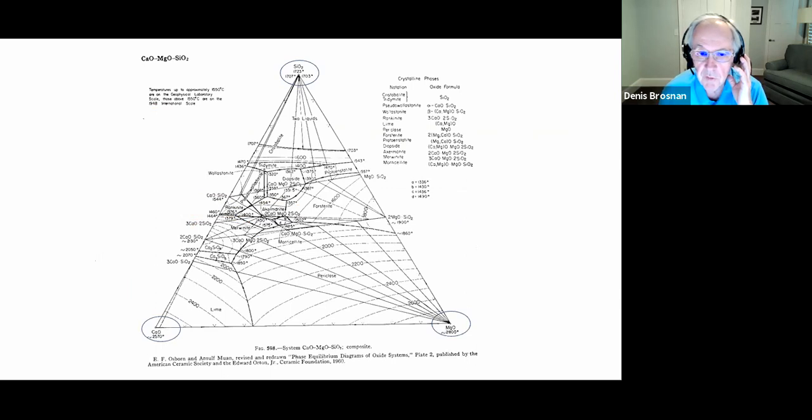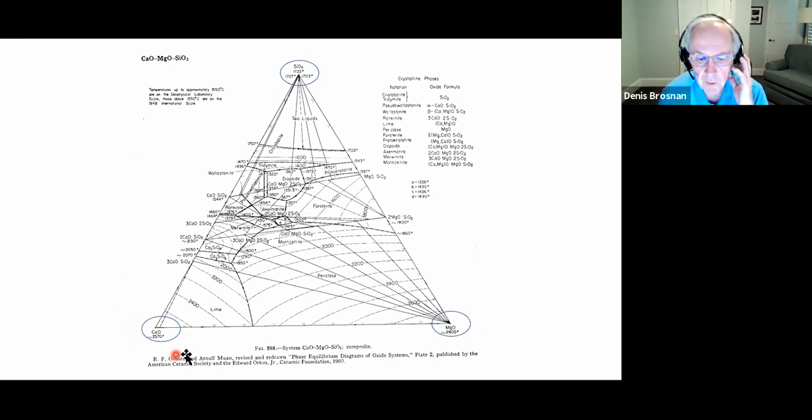So let's look at a three-component system. This is the system calcium oxide, or lime, as I call it, magnesia, silica. Lime is a very broad term in ceramic technology. It can refer to calcium oxide, burnt lime, caustic lime, somebody might call that. It can refer to calcium hydroxide, which some people might call ag lime, agricultural lime. So you have to be careful. Even in agriculture, people can refer to limestone as lime, calcium carbonate as lime. But I'll always refer to lime as the oxide. So nevertheless,